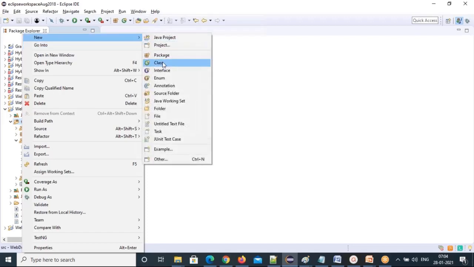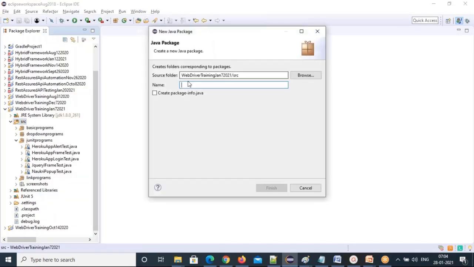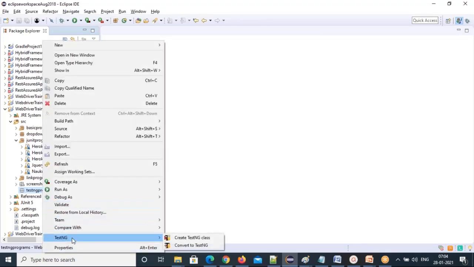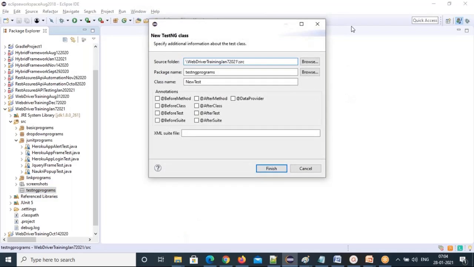Create a TestNG programs package, and then how to create a TestNG class. So right click on this package, TestNG, create a TestNG class. Choose the create a TestNG class option, and here give the TestNG class name. The class name I am giving is Google search data driven